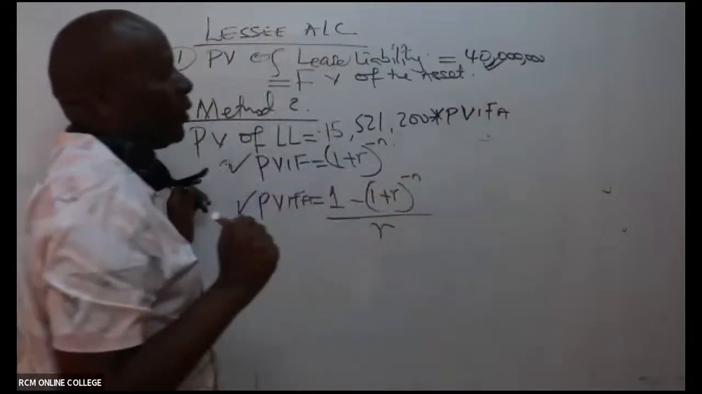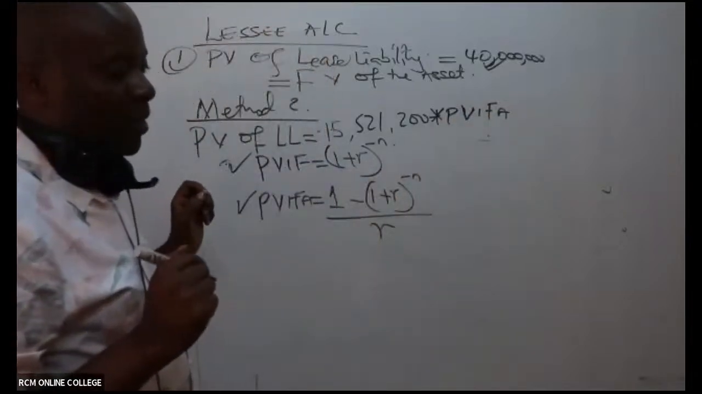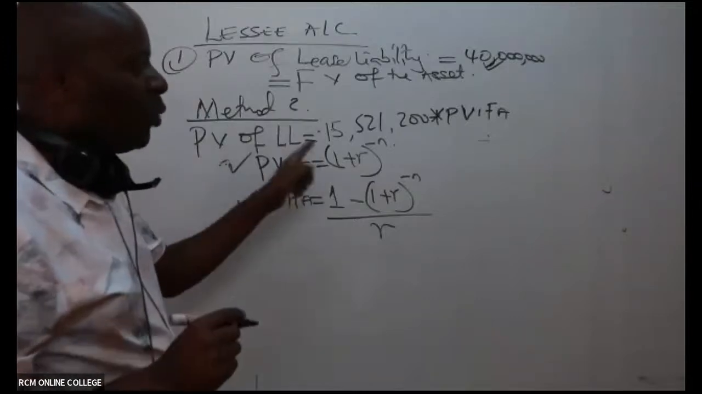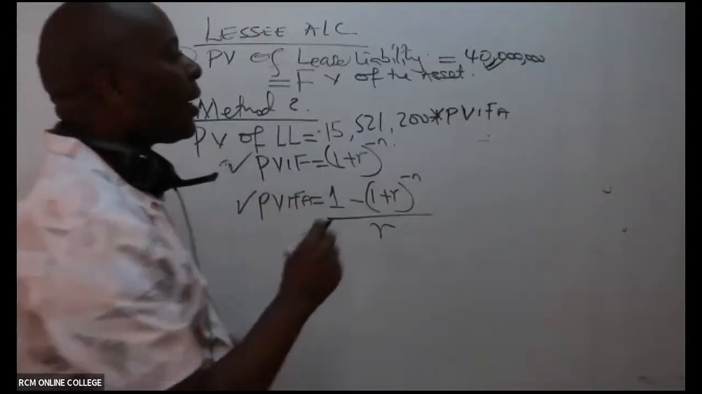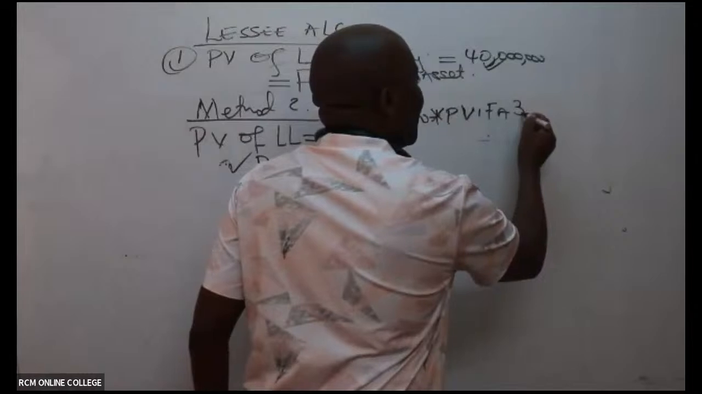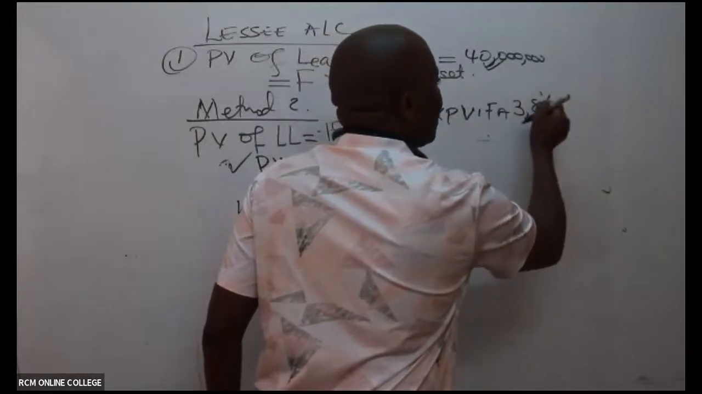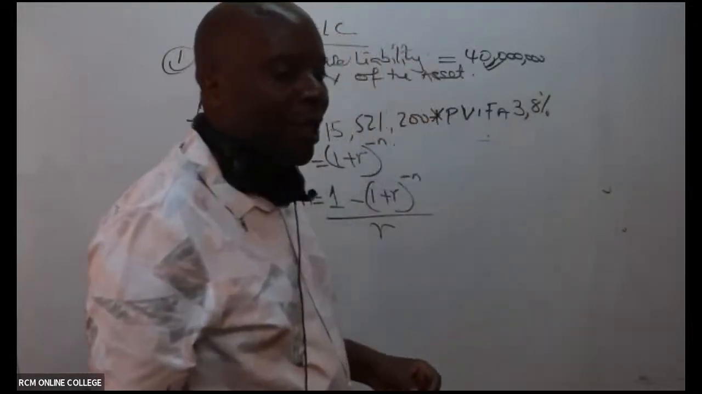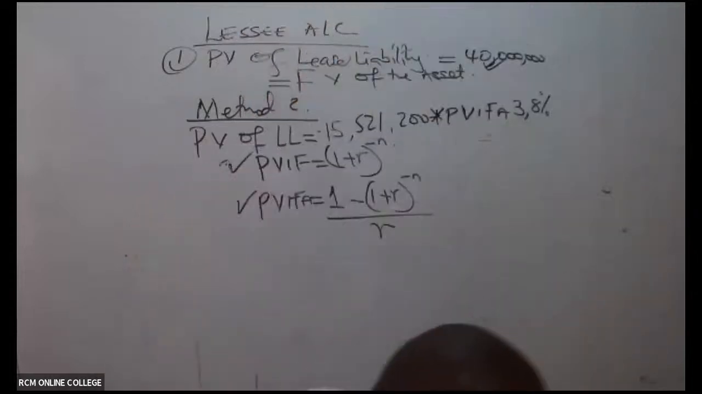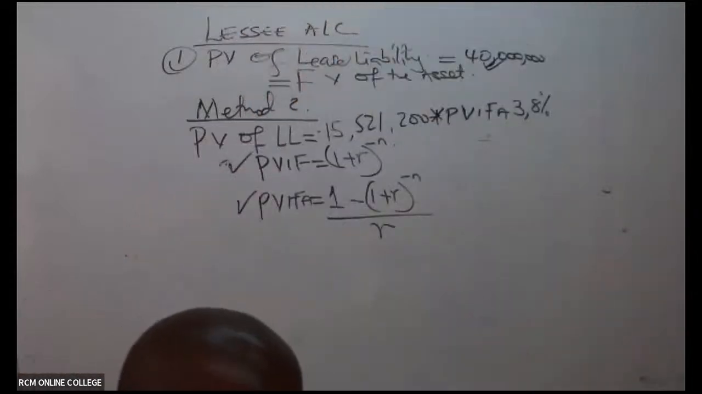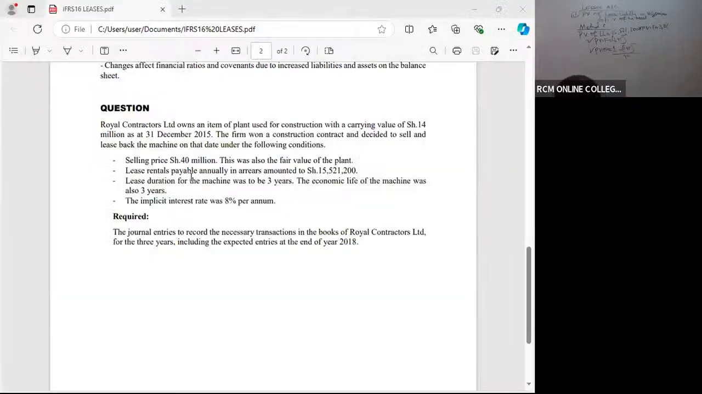I will multiply this with the PVFA to discount this. Remember, it will be over a period of 3 years, and they have given us the interest rate, which is 8%. They have told us the lease duration for the machine